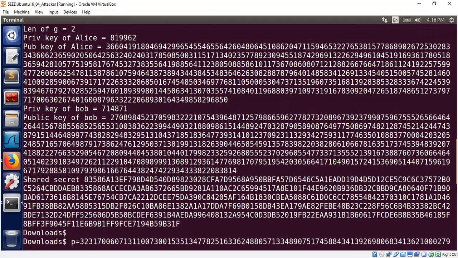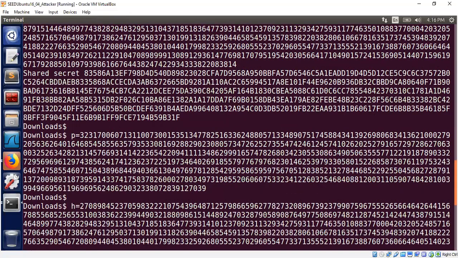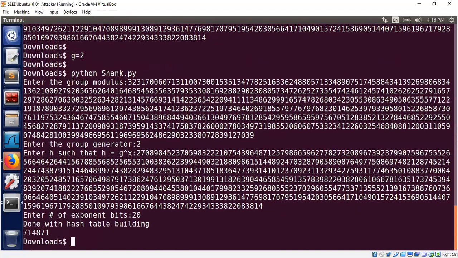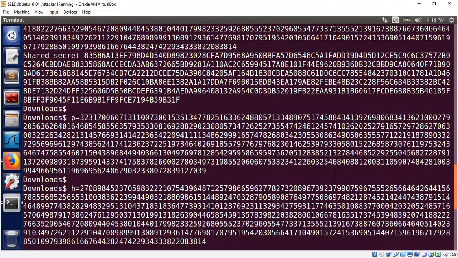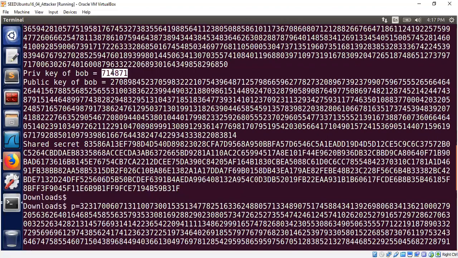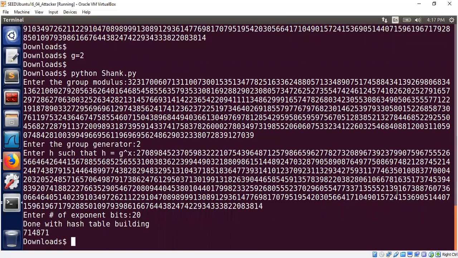Maybe it's not after all Alice, it was more a Bob. Yeah, let me check, what did I copy? 71. Yeah, it's the same number, 714871. It's the same as the number that you're seeing here. Okay, so we found out very quickly that if the exponent size is small, we can easily solve this problem